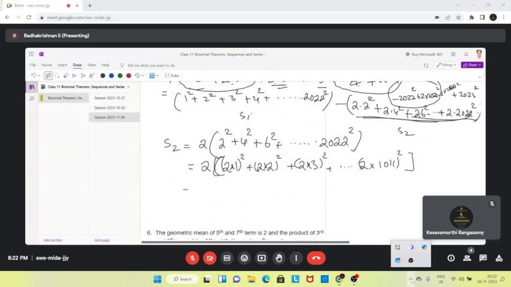Which is equal to 2 times. So in all these terms, we can take a 2 square out. Then this is 1 square plus 2 square plus 3 square. So 2 into 2 square is 2 cube. So let us say 8. So it becomes 8 into